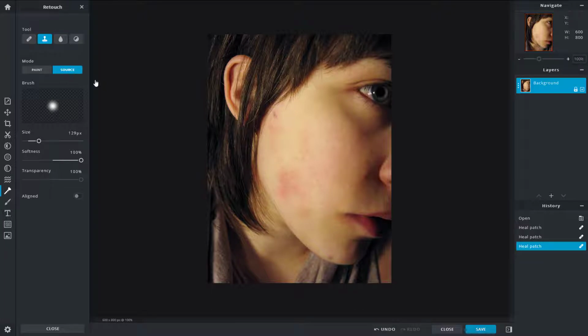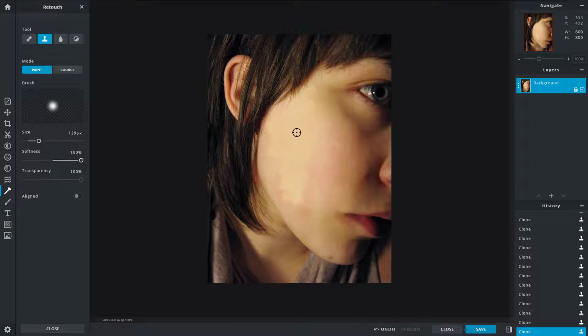So I'm going to select the source first. So I'm just going to go around here. Select a clear skin area like this one right over here, and then it goes to the paint, as you can see. So I can simply draw it out right over here, and as I draw it out, you can see that I can make the skin look a lot smoother right over here. So just like that, I can simply click and drag, and the skin is much smoother. But as I drag along, it might look unnatural at some point, and at that point I have to go back onto the healing tool to make it much smoother.